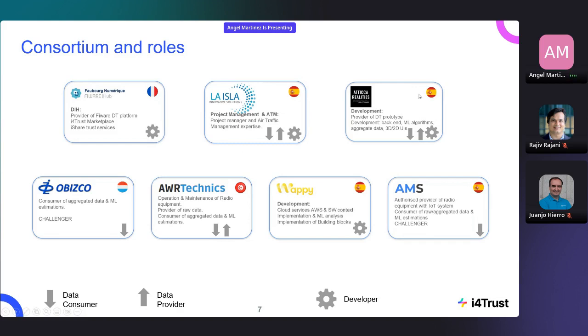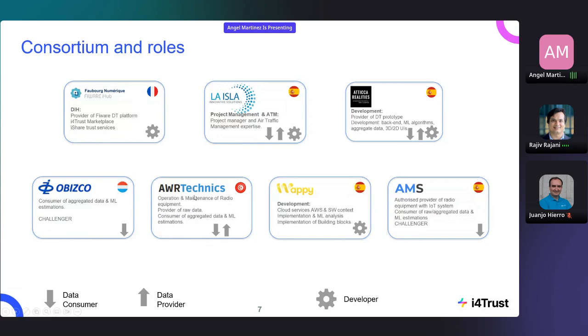Attica Realities is the technical project management. It's the provider, it brings the digital twin prototype already into the system, and we coordinate the development, backend, algorithms, aggregate data, etc. It's also based in Spain. We have Obisco. Obisco will be the consumer of aggregated data and machine learning estimations and challenge our conclusions. It's a Luxembourg company with over 20 years in the air traffic management